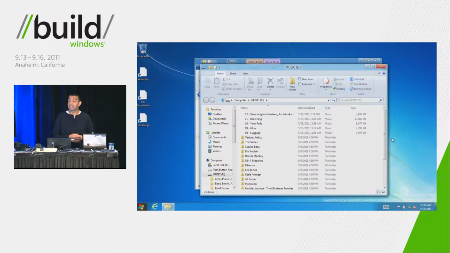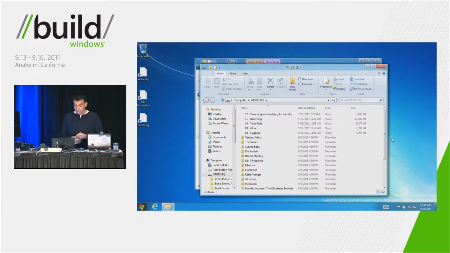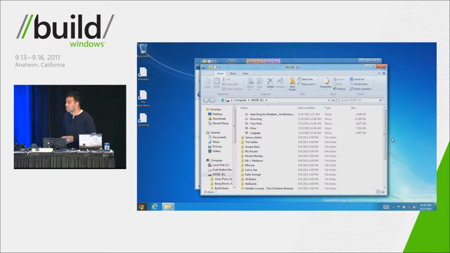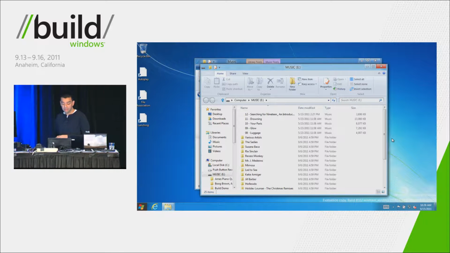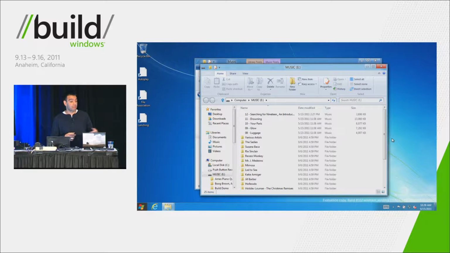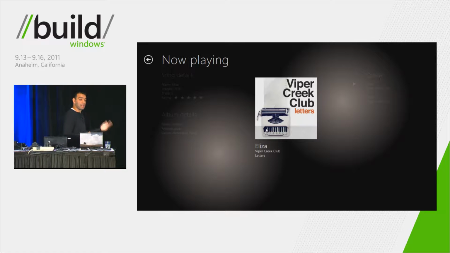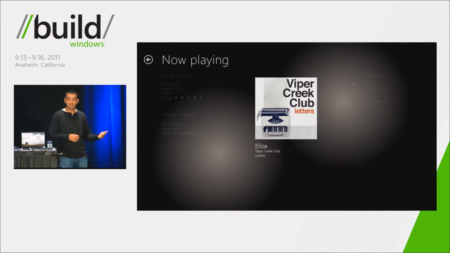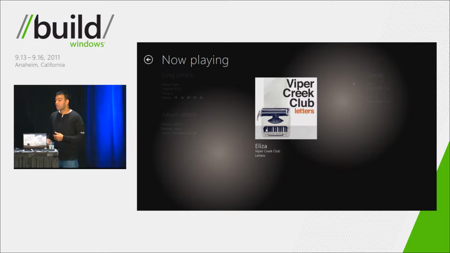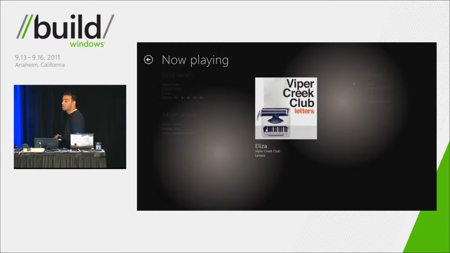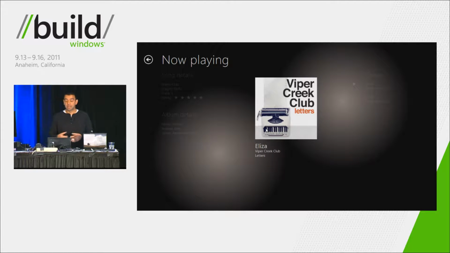Now here, when I wanted to consume this content, there's additional MP3 content here, some more tracks from Wiper Creek Club right at the top. Since in the previous step I've already told Windows my intent on how to consume MP3 content, when I consume this additional MP3 content that's on this drive, Windows will seamlessly just take me to my application. In the past, I've already declared that I want to consume this in this Music Metro-style application, and as a result, in the future, as I consume more of that content, Windows will respect that decision and just open the content in that. So you notice the glow track that I'd selected there got added to the queue of the